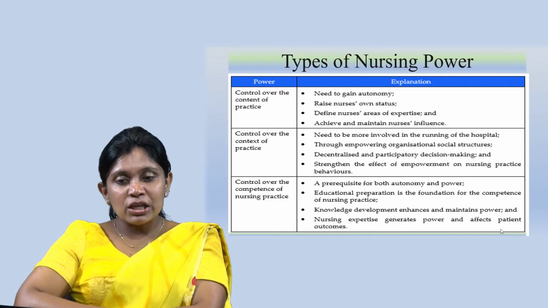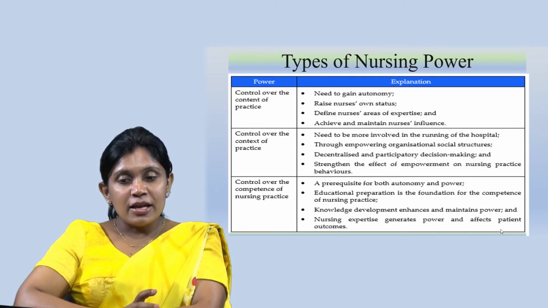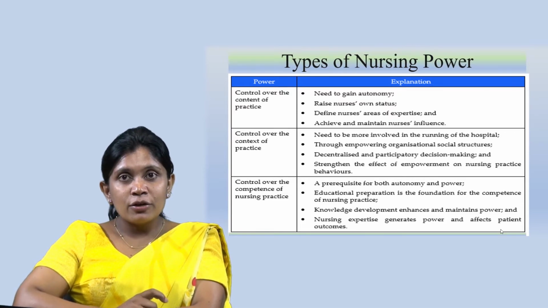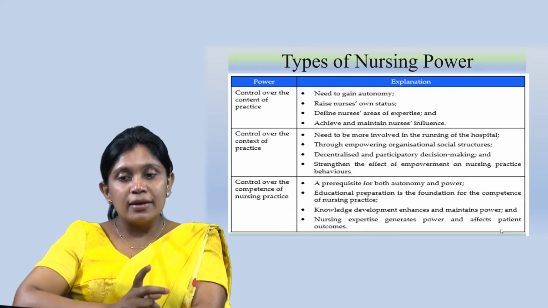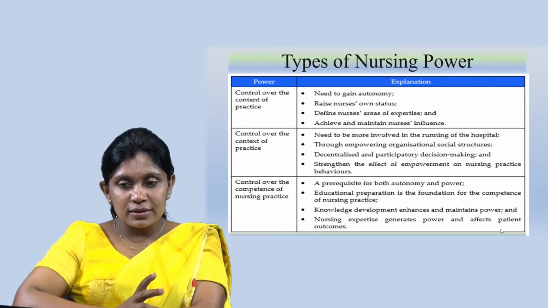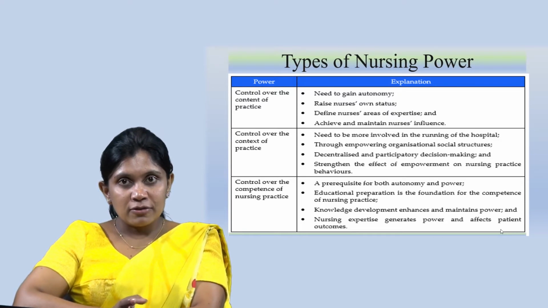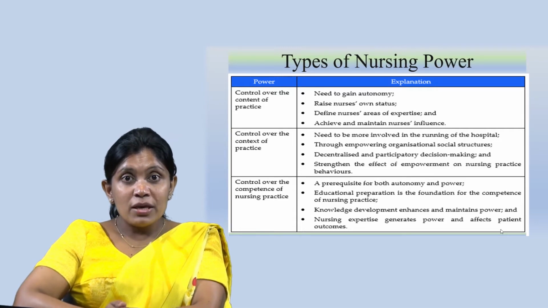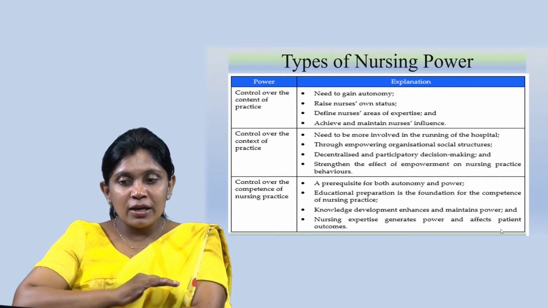When it comes to control over the content of practice, what they need is to gain autonomy. It is a kind of decision-making power. And raise nurses' own status, individual status, and define nurses' areas of expertise. What are the specialties? What are the areas in which they need to be specialized and have expertise? And achieve and maintain